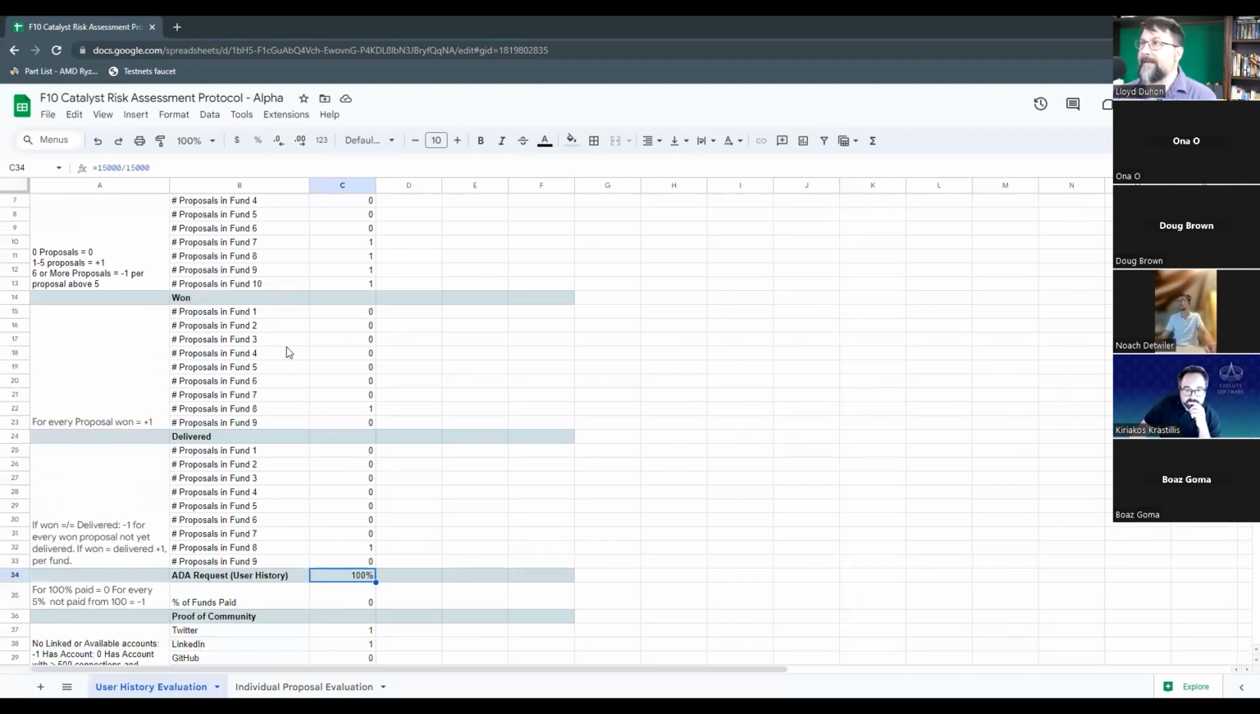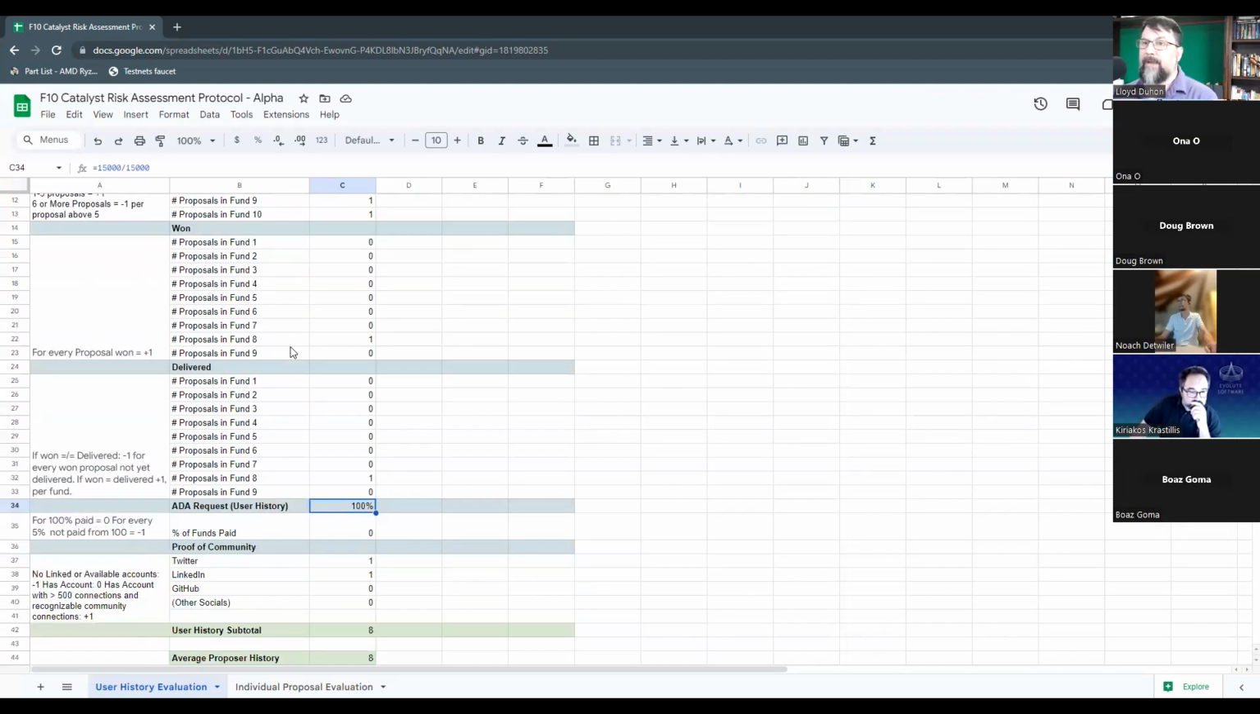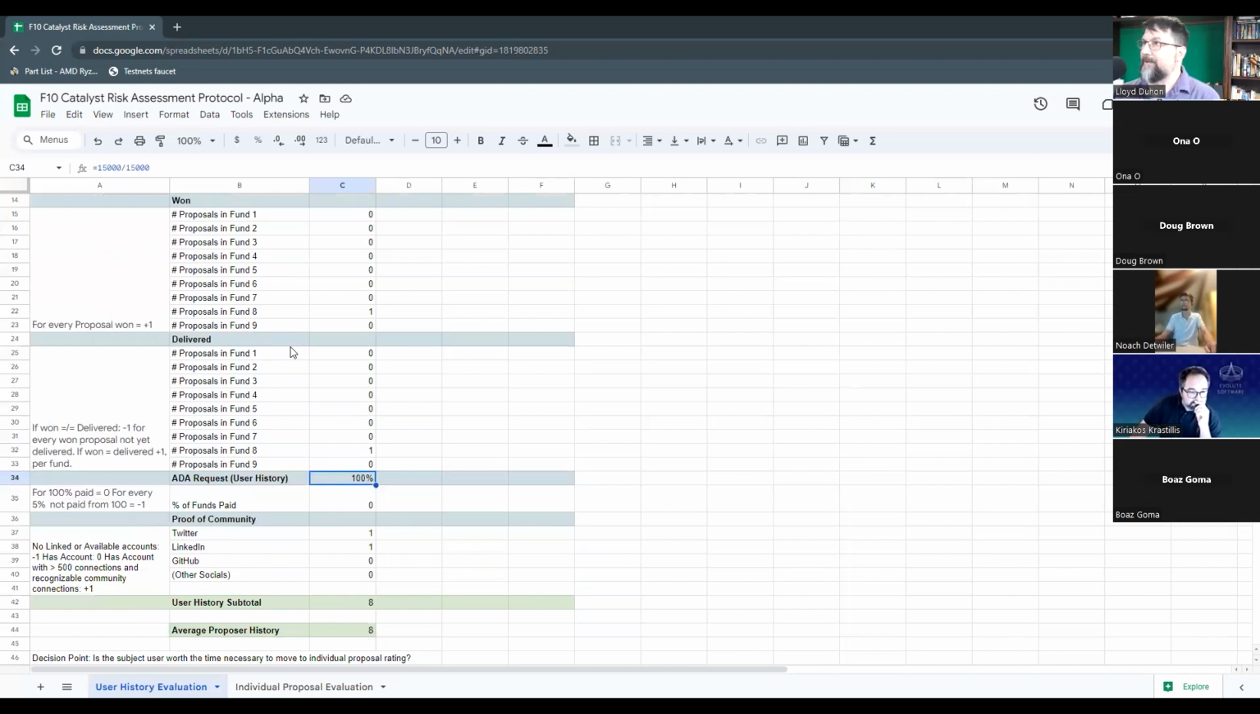Now, the next thing we look at is whether or not you've won a proposal. If you've won a proposal, you do get a +1. The community thought well enough of your proposal that you should get some benefit from that. But then we also have to make sure that they delivered the proposal. So this next check is that if they've won but they haven't finished delivering, then they should lose some points until they deliver. And like, for instance, I actually ran